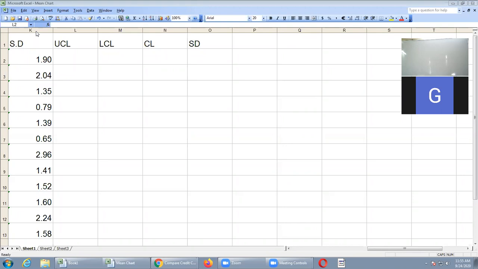If values are given, you will directly get the control limits, and you can construct the control chart and write the conclusion. Suppose for the mean chart, mu and sigma are given directly; just substitute. For case 1, you know the formulas: mu plus A sigma, mu minus A sigma, and mu. Directly substitute, get the control limits, construct the control chart, and write the conclusion.